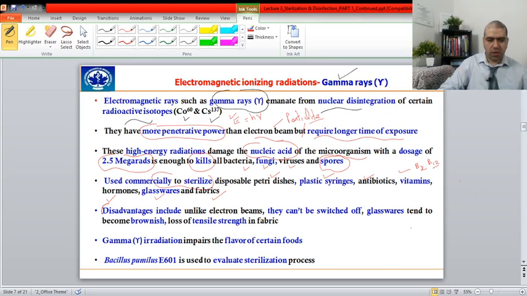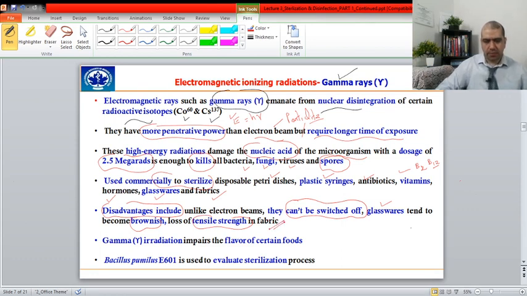Now we have talked about the advantages. What are the disadvantages of using gamma radiations? Unlike the electron beams, which are particulate in nature, they can't be switched off. We don't have any switch so that we can switch off the electromagnetic gamma rays of our own choice. The second is that glassware tends to become brownish in color if you use gamma rays, and it also loses its tensile strength,